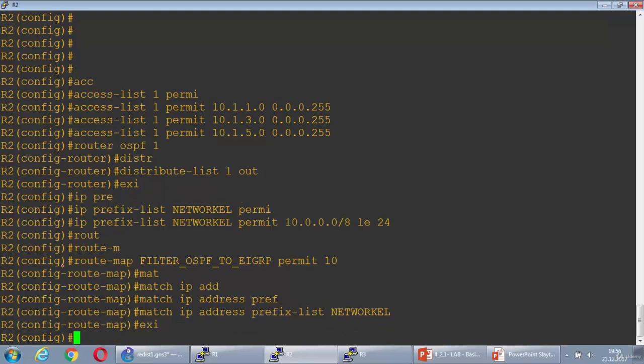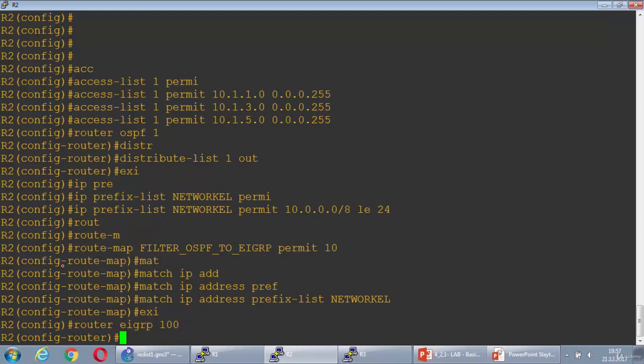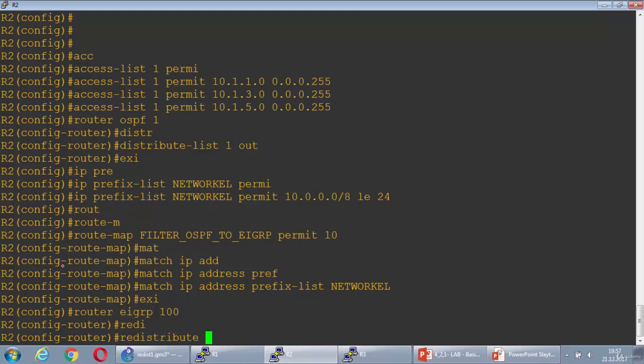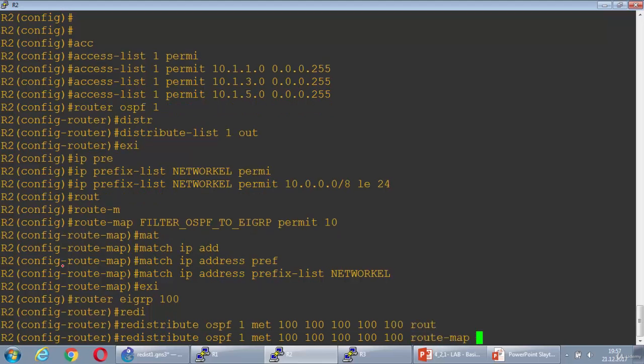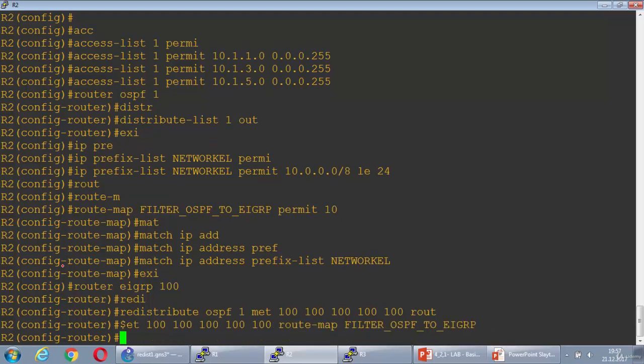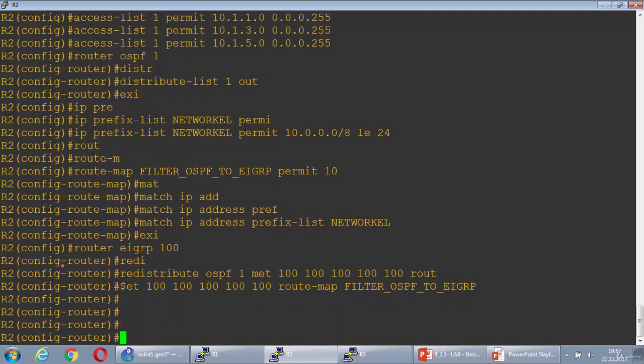Then router EIGRP 100, redistribute OSPF 1 metric, with this route map, filter OSPF to EIGRP. Alright guys,